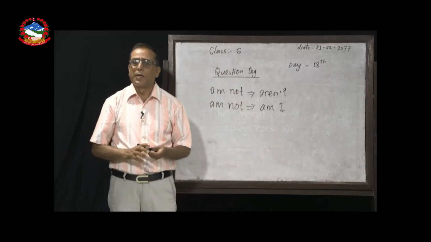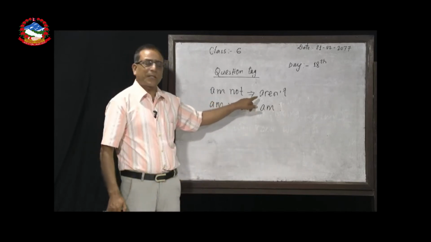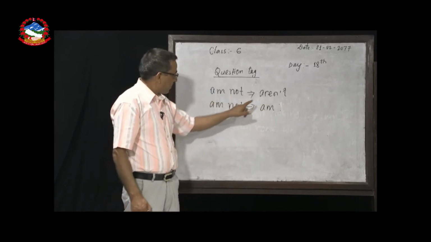Now, be clear here. If the statement is "am not," the subtracted form of "am not" is "aren't," but